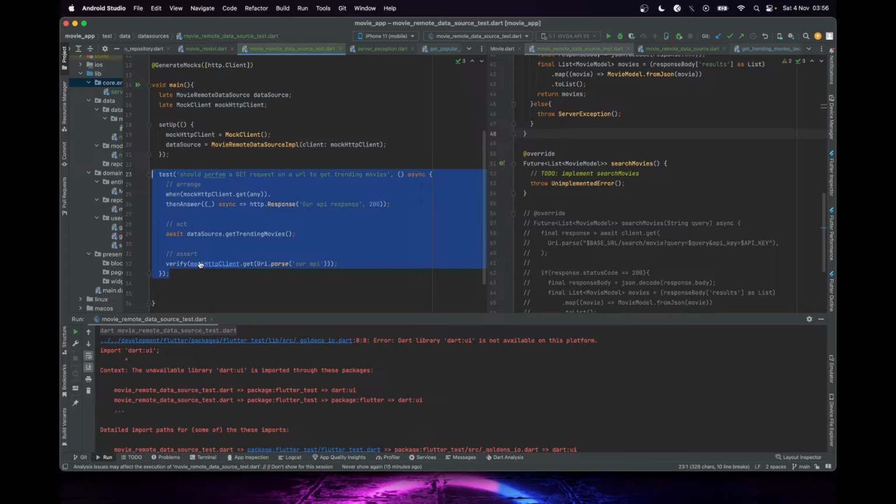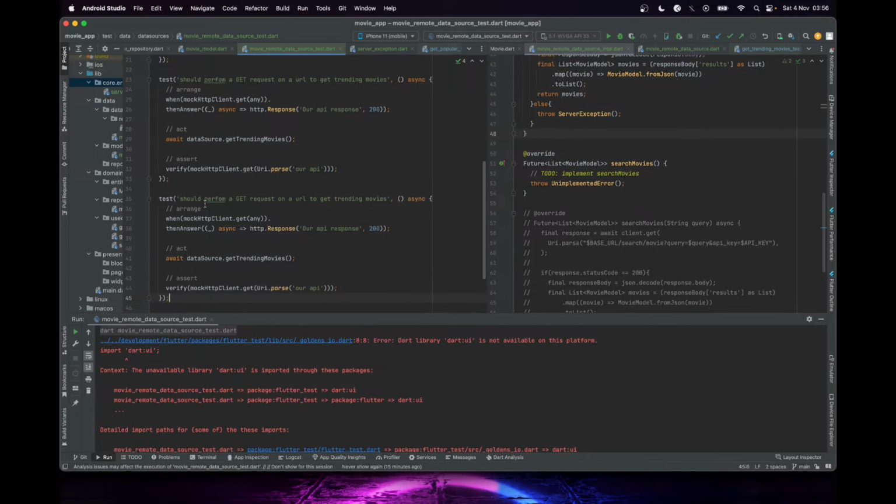Let's just copy this, and for example, let's say we are going to throw a server exception when the response code is